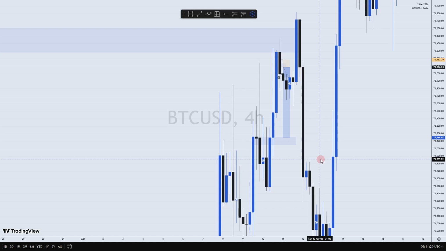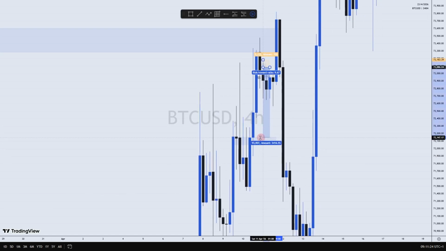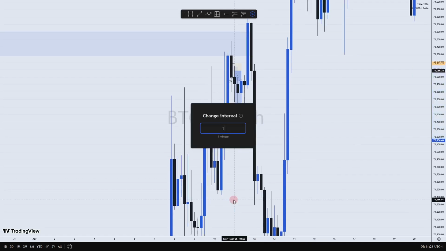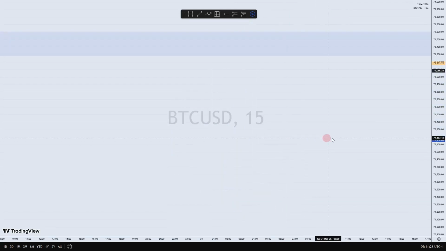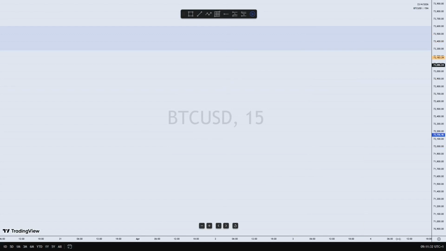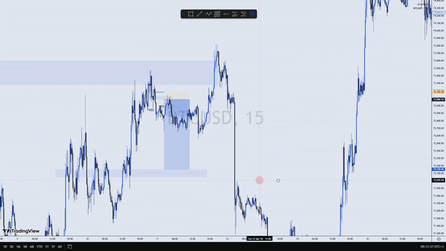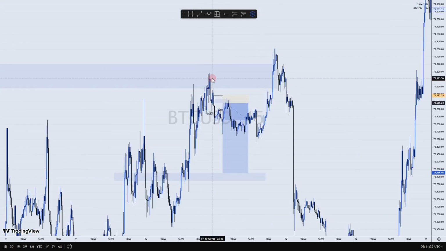So from there, you should know what to do. You're targeting this next breaker block POI. So let's go back to our 15 minutes now. We know any move that we're trying to catch at this point, any move that we're trying to catch from here, from where this sell